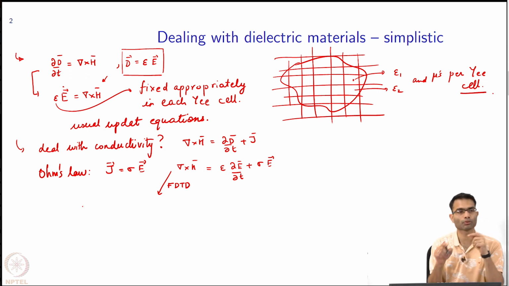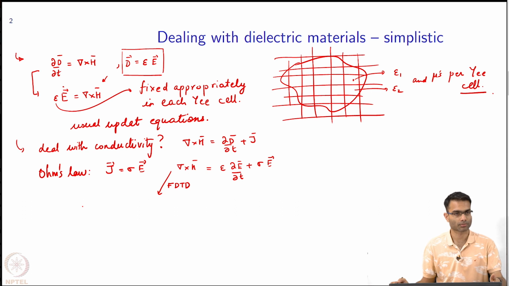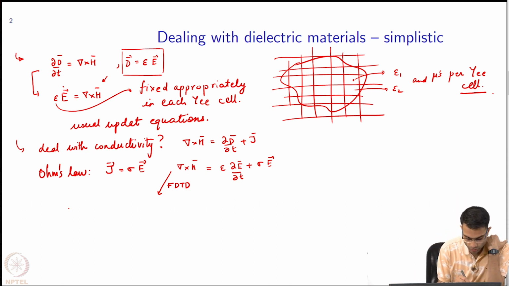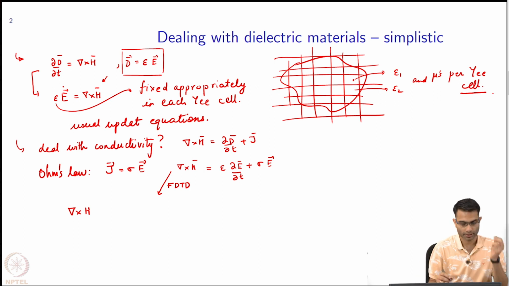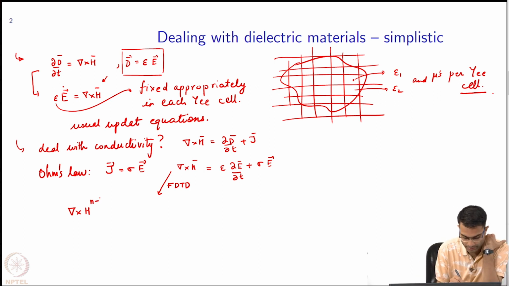Supposing, so I am going to remove the vector sign, okay, it's understood by now. So, curl of H, supposing I am updating the electric field at every integer instance, that is what we are doing. So, then the magnetic field is updated at half integer, right. So, for example, I will write n minus half over here